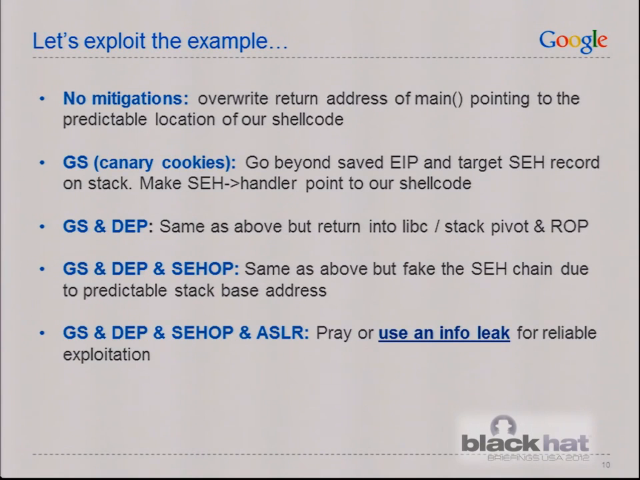GS, canary cookies, so yeah, instead of overwriting EIP, you go to the exception handler registration record and you overwrite the handler and you jump into your shellcode. If GS is enabled and DEP is enabled, you do the same, but instead of returning to your shellcode, since DEP is enabled, you return into libc or you do your ROP or return-oriented programming or whatever technique you feel like. If SEHOP is enabled,